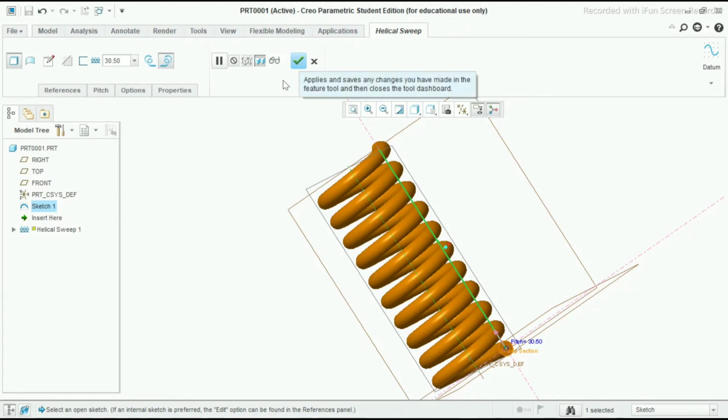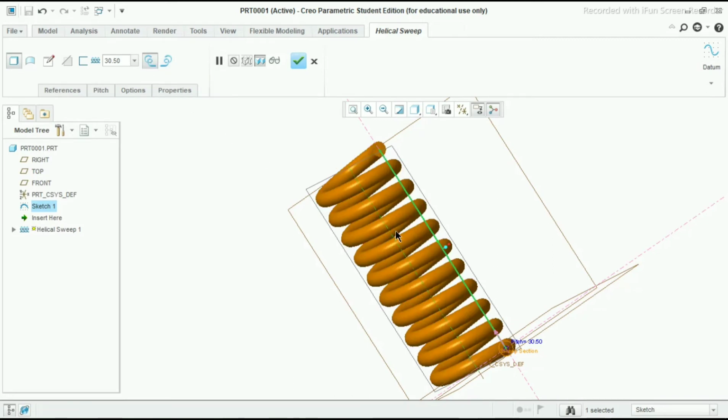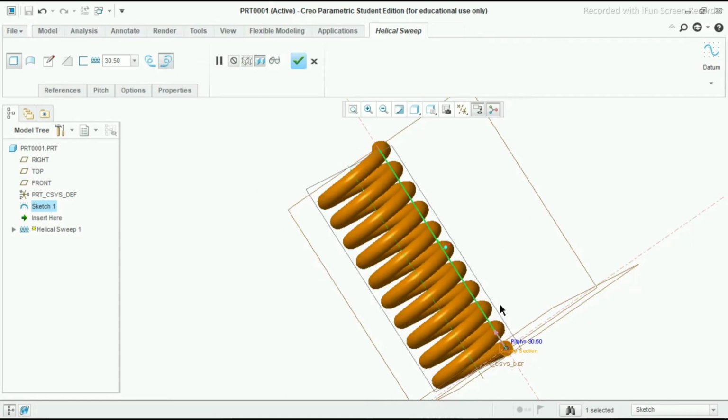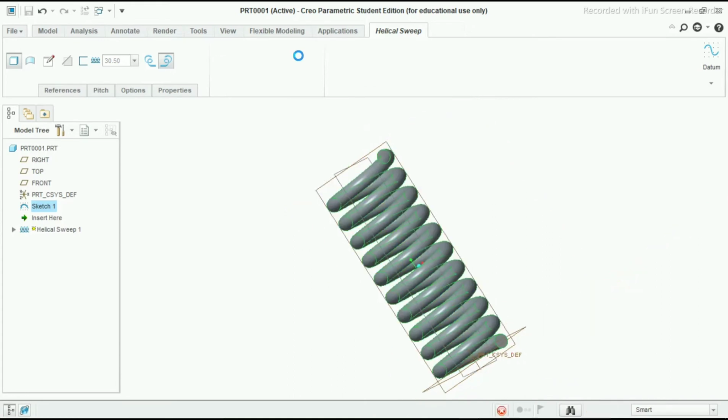But before I go, you can change the direction by using this use left-handed rule. You can change the direction where it starts from, or you can go also to right-handed rule, but I will choose here right-handed rule. So click OK.